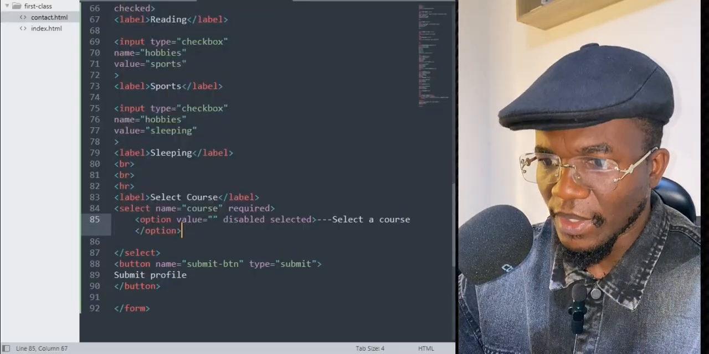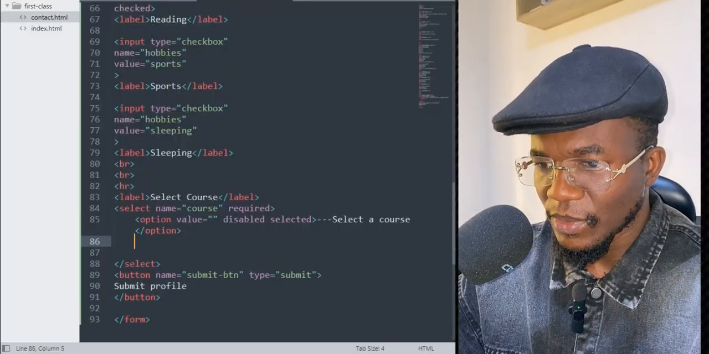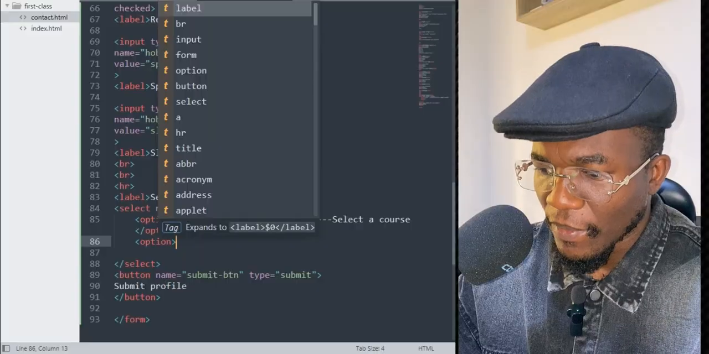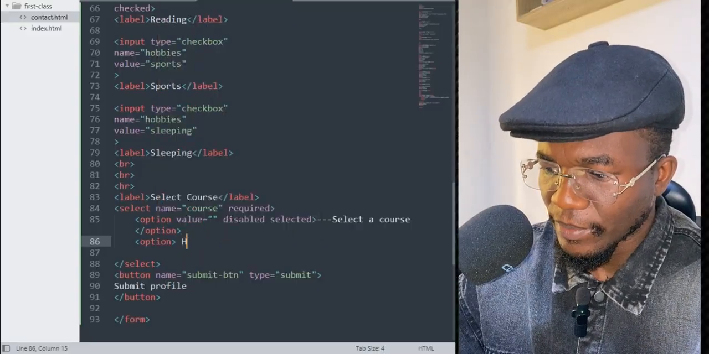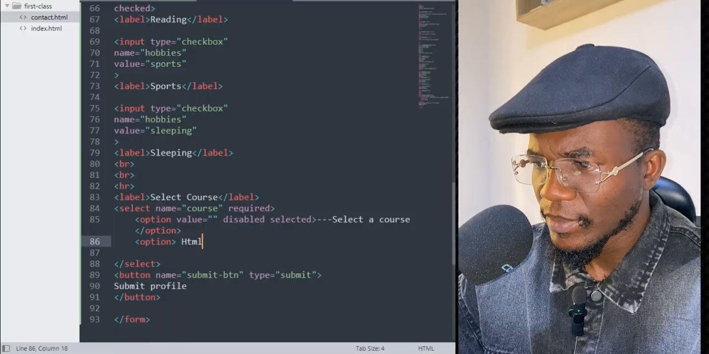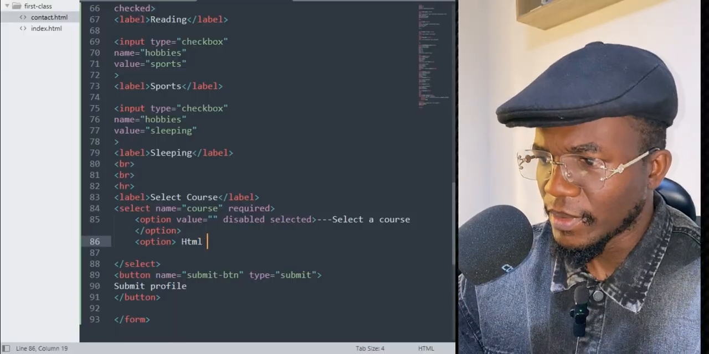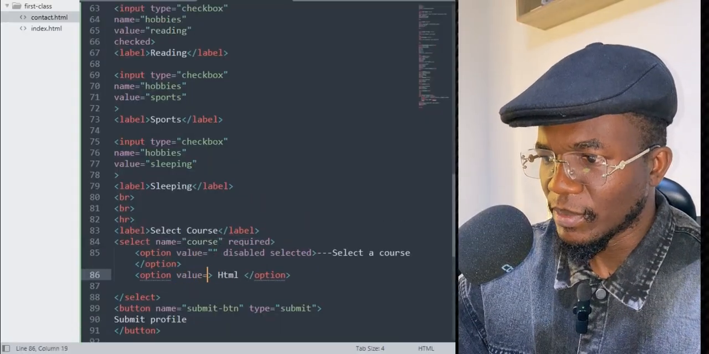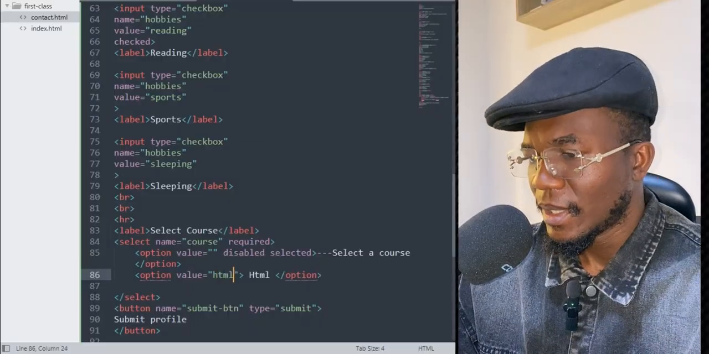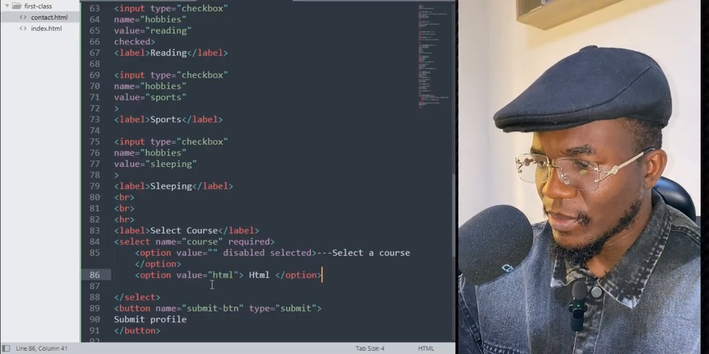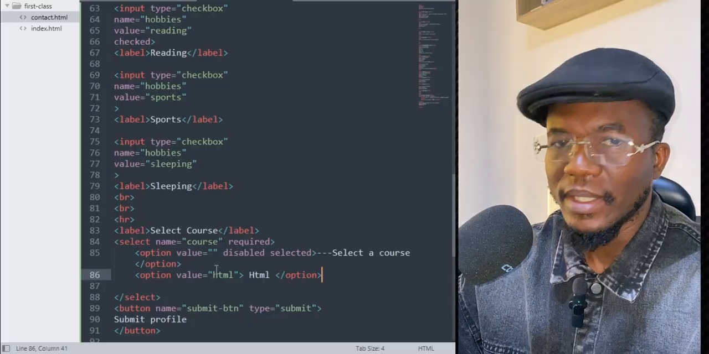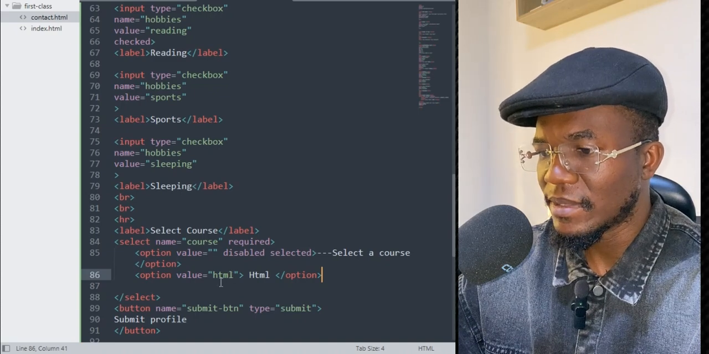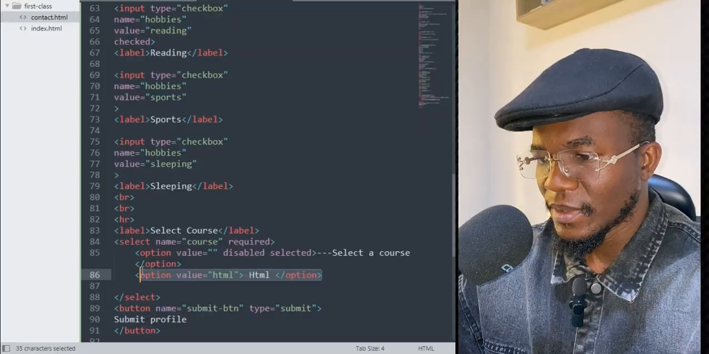The second one, we can choose an option which is HTML. Close it. Well, inside this option, we need a value which will be what? HTML. That is how it goes. So this value is what works with the back end, or what the front end will send to the back end as the value of the selection. So copy it,